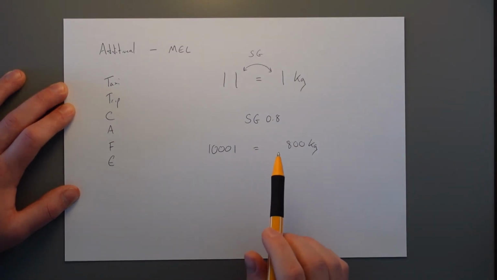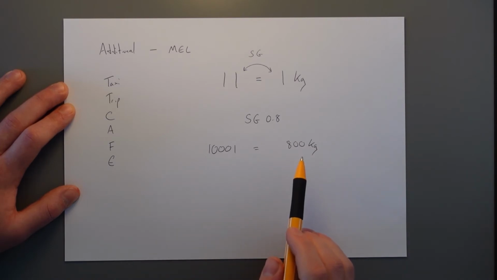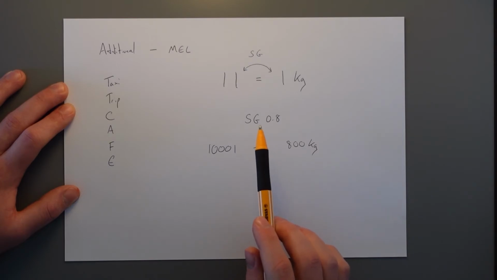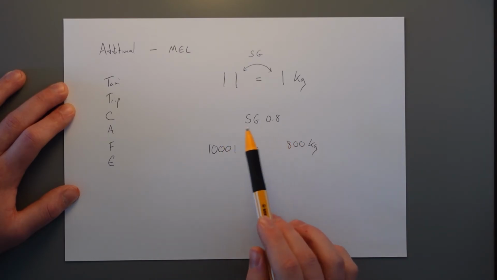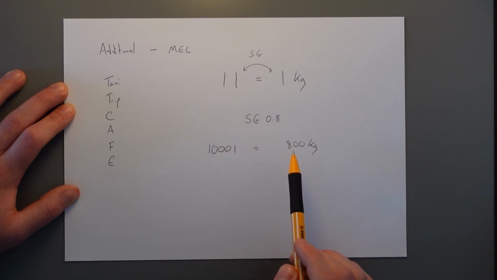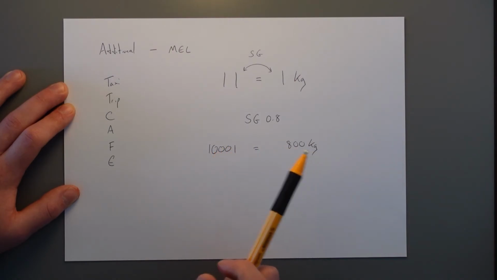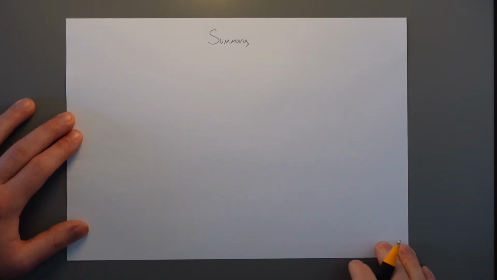So in a question, if you're given the fuel, pay attention to whether it's in litres or kilograms, or volume or mass. Also look out for any specific gravities and use the conversion between the two to make sure you end up with the correct weight / mass of fuel. So to summarize,